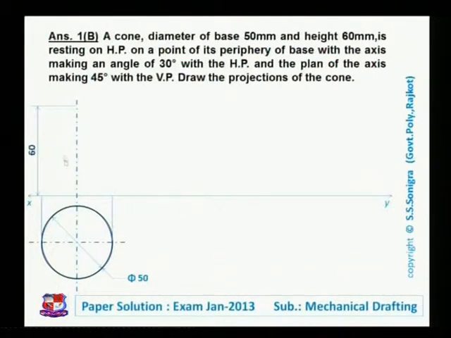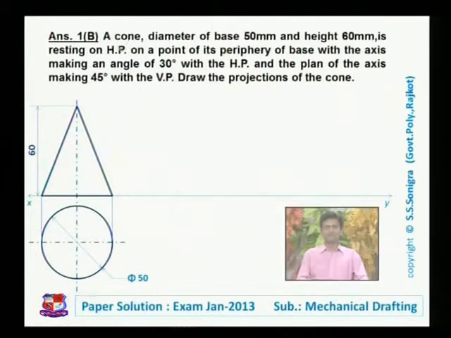Now from this, draw a triangle. We do have 3 points, 1, 2 and 3. Join these 3 points with a straight line, and this is the front view of cone, and this is the top view of given cone with given dimensions. Now it is given, we have drawn first line.